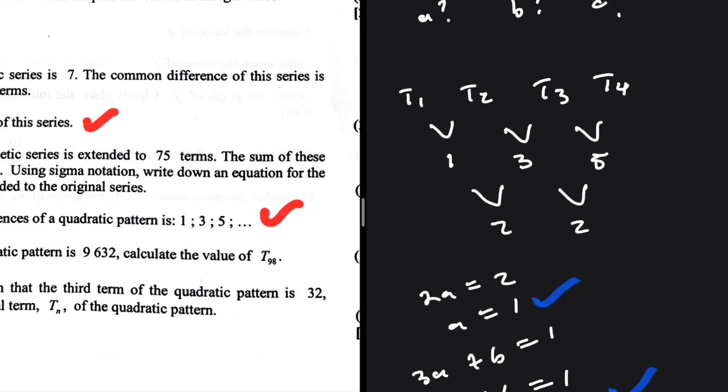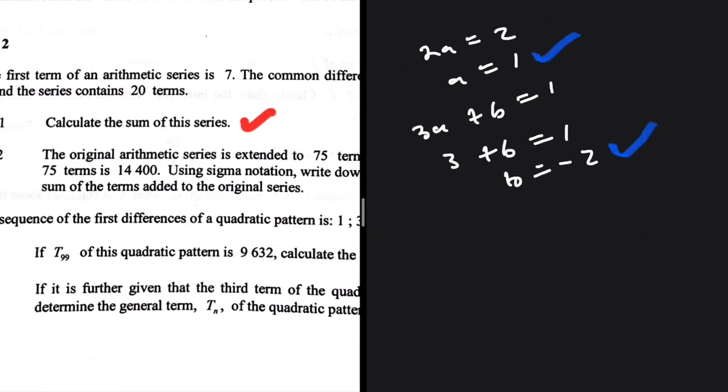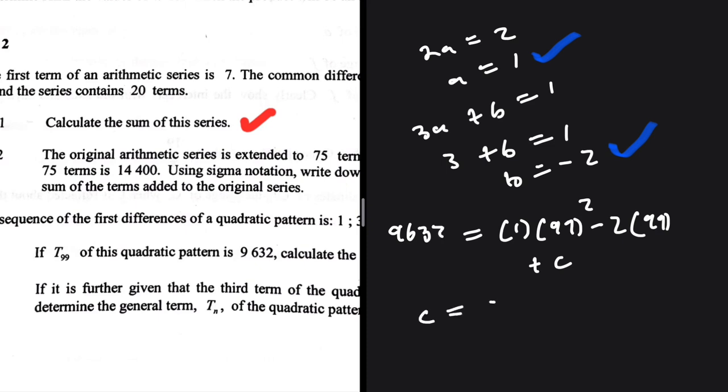We can say a plus b plus c is equal to T1. But the problem is that we don't have T1. But we have T99 because it is given to us. So T99 is equal to a, which is 1, times 99 squared, minus 2 because b is minus 2, times 99, plus c. T99 is 9632. So c is equal to 9632